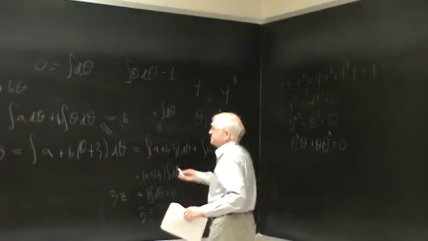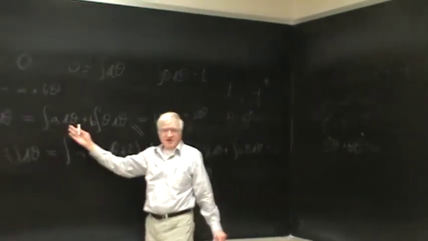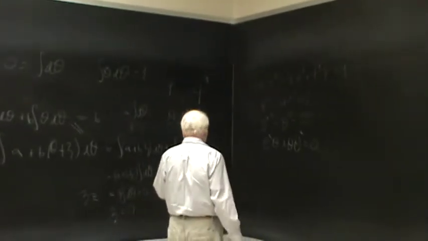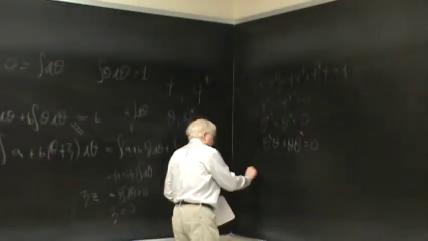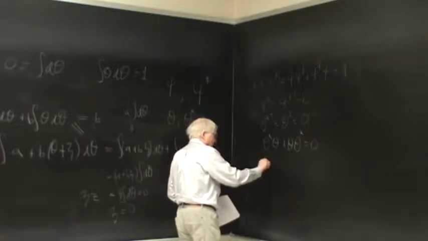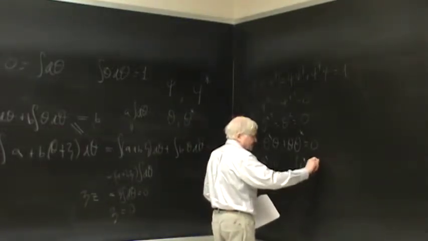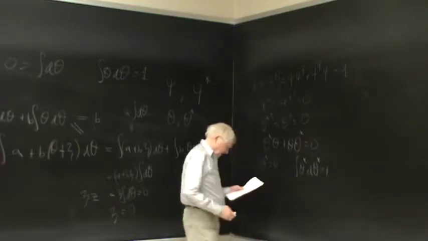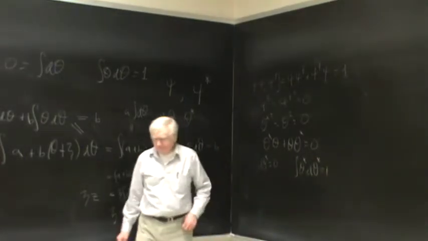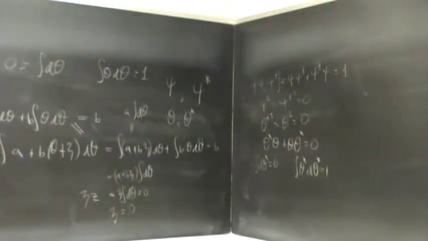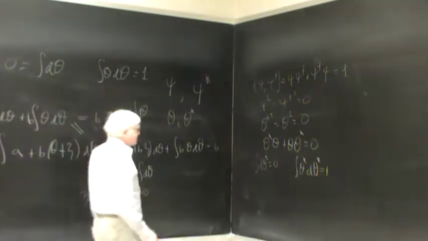We can go through the same logic here with theta star rather than theta, and then we come to the conclusion that the integral d theta star is 0, and the integral theta star d theta star is 1. Okay. So now we've got complex Grassmann variables. We know what the integral table is,